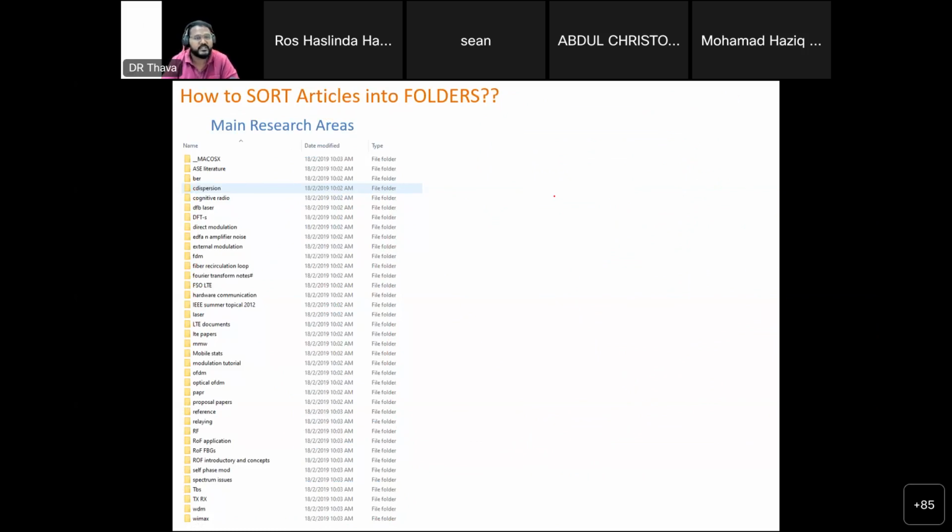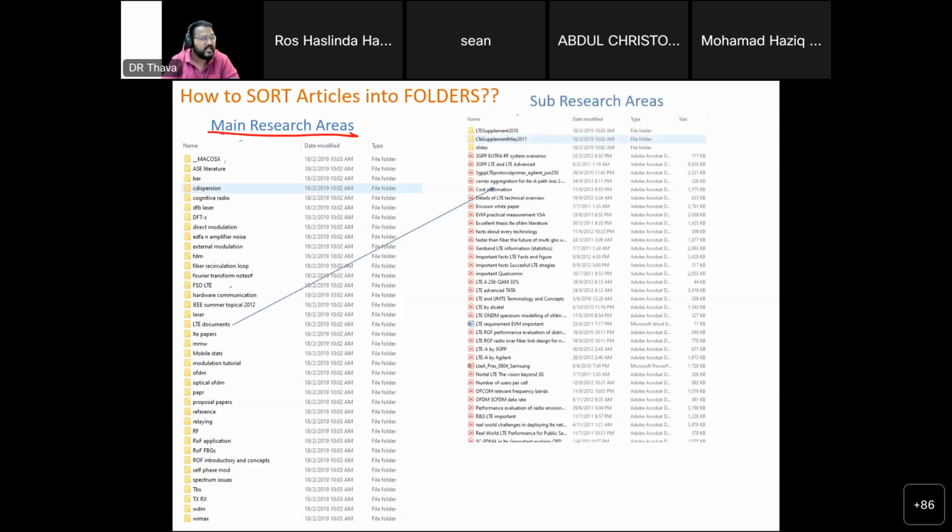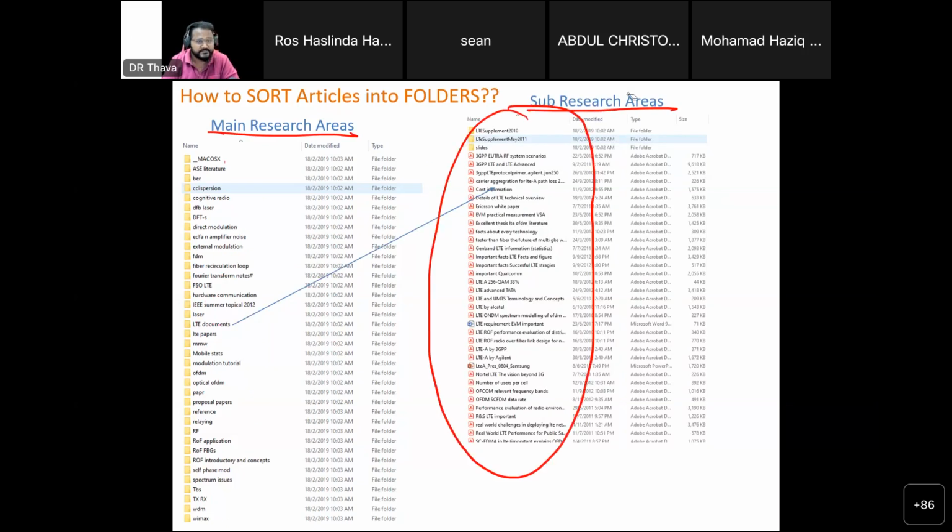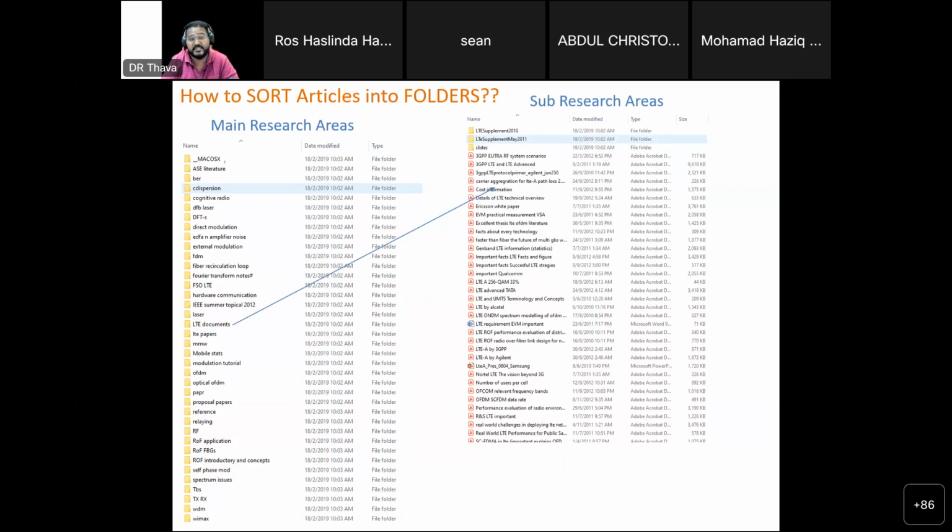Even now when I do research, I don't trust software that much. Even EndNote and Mendeley, such simple software, can also make mistakes. When you cite, sometimes it won't be correct, because it's still software, at the end of the day, a lot of bugs. And I'll check again after doing EndNote. So first, these are all the literature that I arrange according to the topic area I'm exploring, my main research areas. Then I arrange all my literature according to my sub-research areas within the folders. So these are all my sub-research areas, or papers related to sub-research areas.